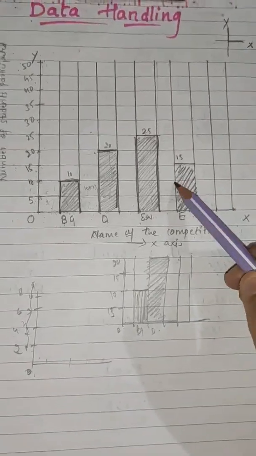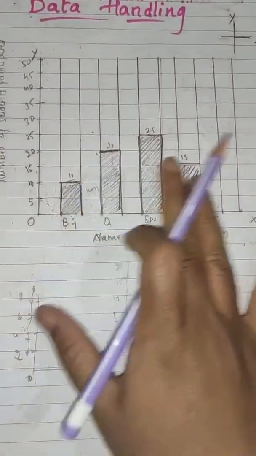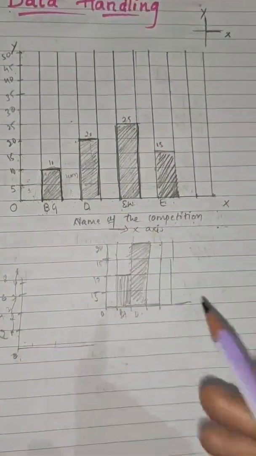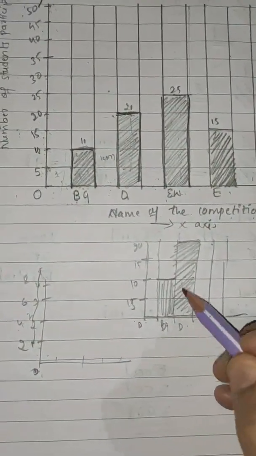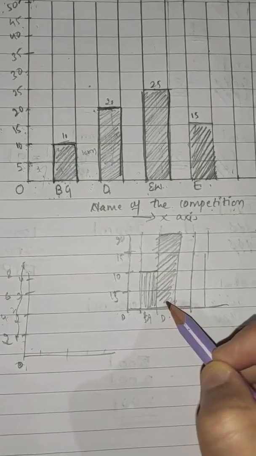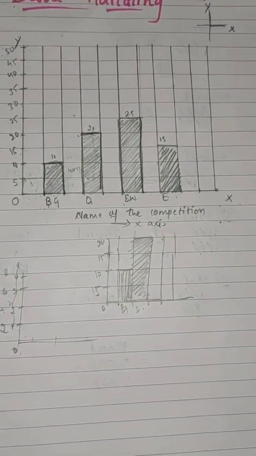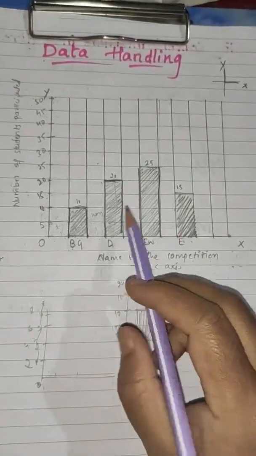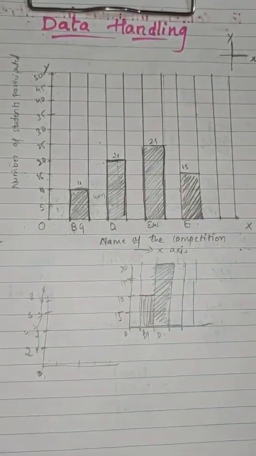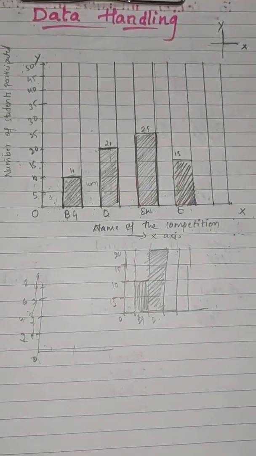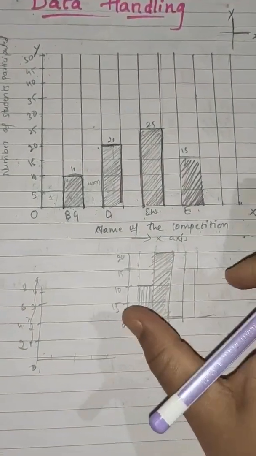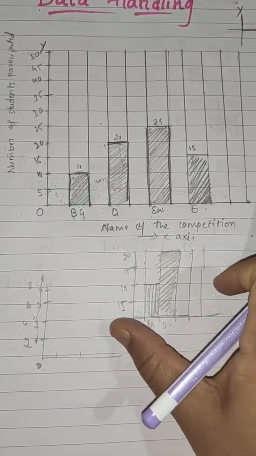And this is very suitable for you. Here you have much space to understand what a bar graph is. Here, if you put the colors like this, it will make confusion for you. You may not be able to understand it very quickly. Okay. So for convenience, we will leave one gap here. Understood, children? So how to construct a bar graph? Okay, this is how you have to construct it in your fair book.